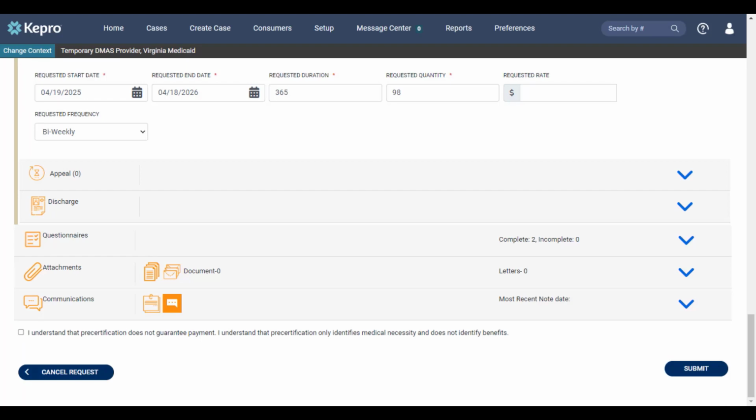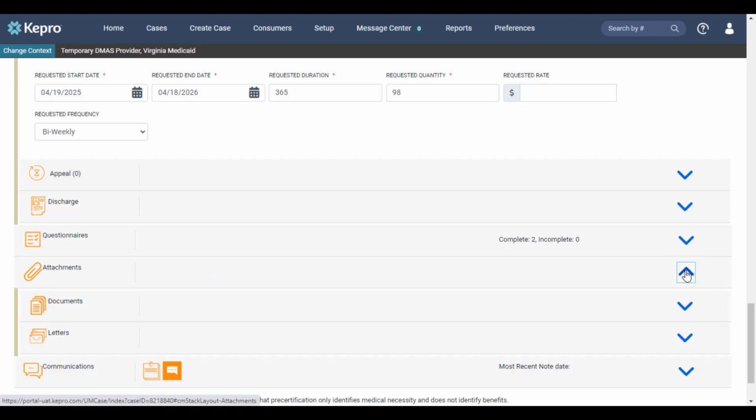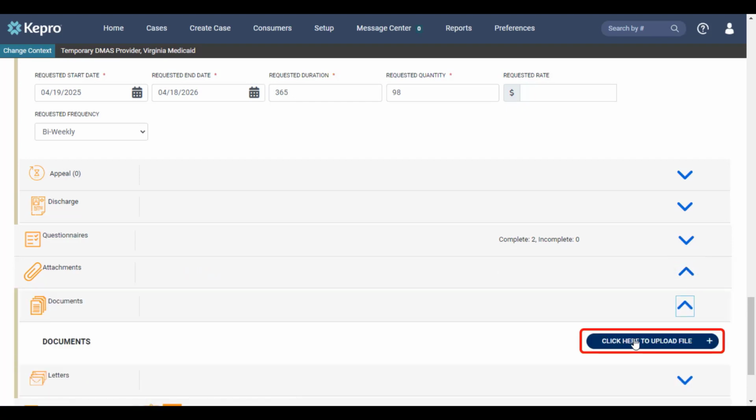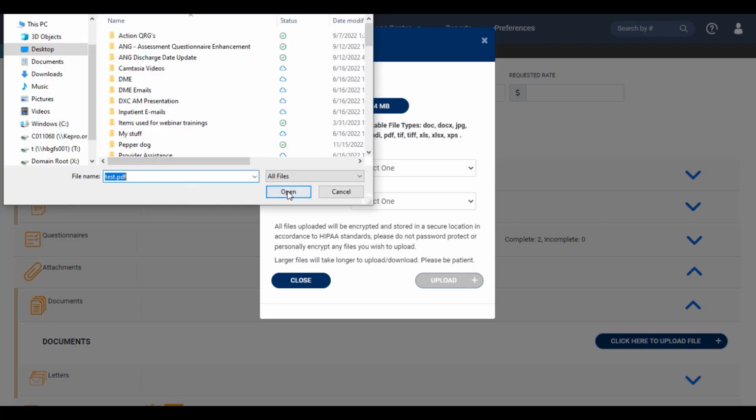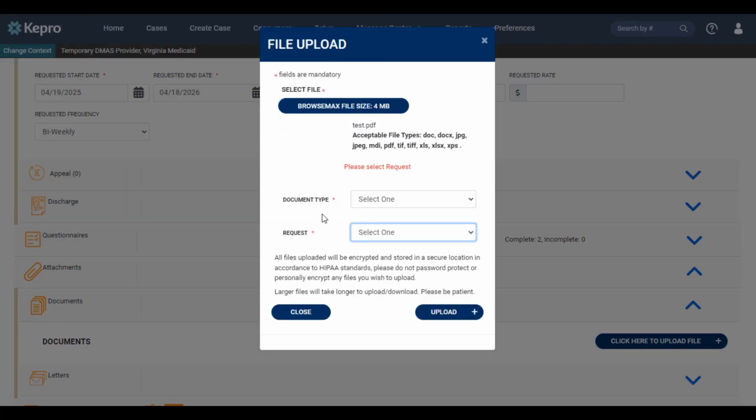Please note that documents that have been attached and notes that have been made to the original request will not copy over. To add additional documentation, you will expand the Attachments ribbon by clicking on the arrow, then expand Documents. You will click here to upload file. You will browse for your file, select your file and click Open. You will choose your document type